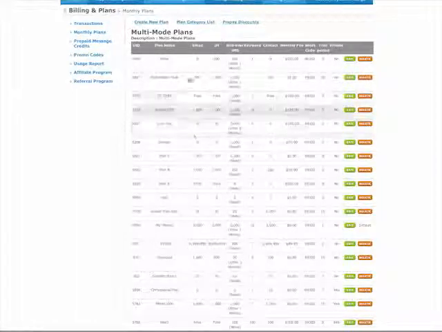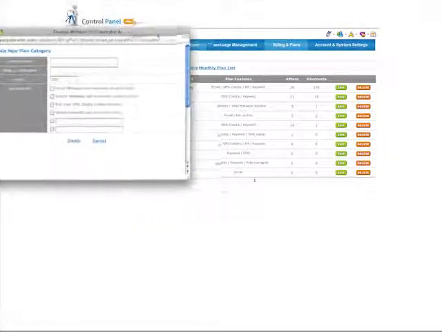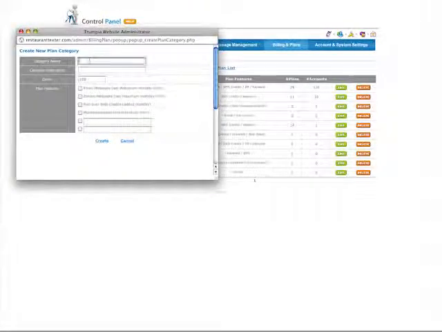Multi-mode plans here signifies that all plans beneath this will include email, IM, text credits, and even some keywords. So let's go ahead and create our plan list. I'm going to click Plan Category List, then Create New Plan. And you'll be able to see in here for category name,